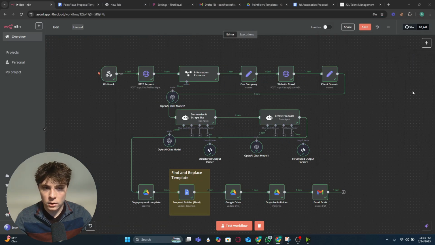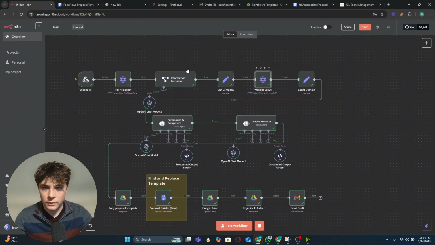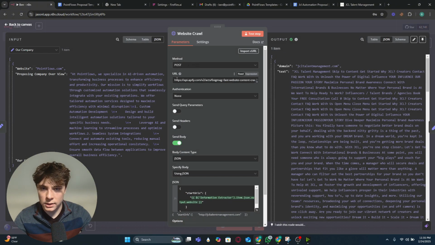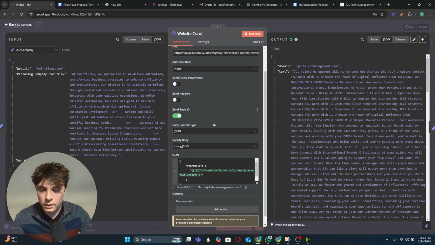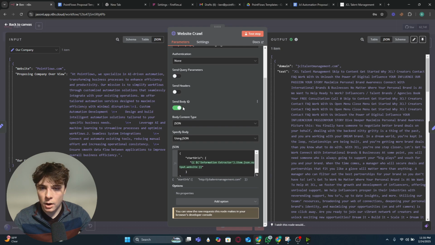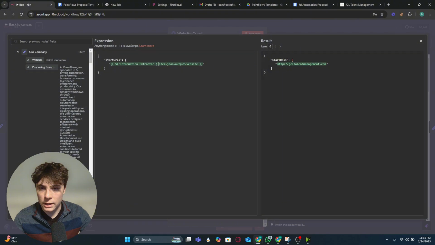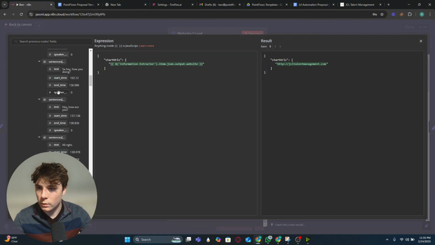But we're going to go back over and make an HTTP request in n8n. Set it to post and just put the Apify endpoint that you get from the docs. You're going to want to put the actor ID in here and then put your Apify API key after it. So we're also going to be sending a body in JSON. This is pretty much going to be the link to the client's website. So from the information extractor node that we made,